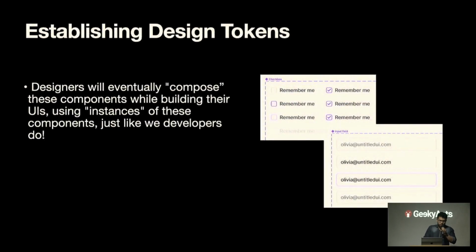And of course, another powerful feature that Figma provides is the capability of generating components, which is pretty much what we do, right? We do have certain components. We are composing these components, right? In fact, designers also compose these components just like us. So now that we have established that they might have some design tokens and we might have some components,